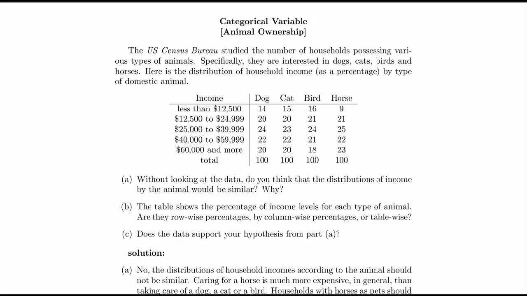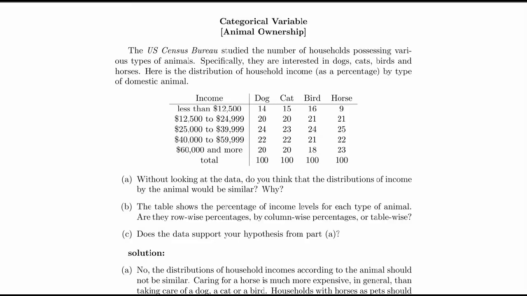We will go over question 4 for categorical variables. Here we have two variables which have been categorized. One is income. So first category is less than $12,500, and this is household incomes. Second category is 12,500 to 24,999, and so on. And then the second categorical variable here has to do with type of animal of ownership